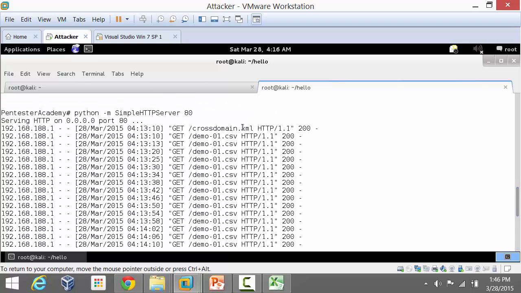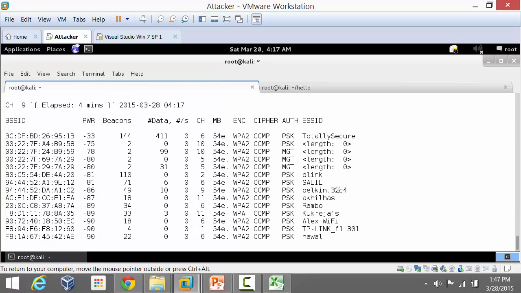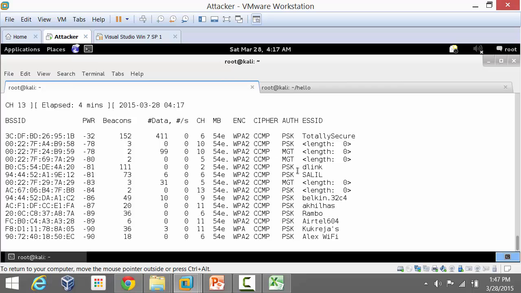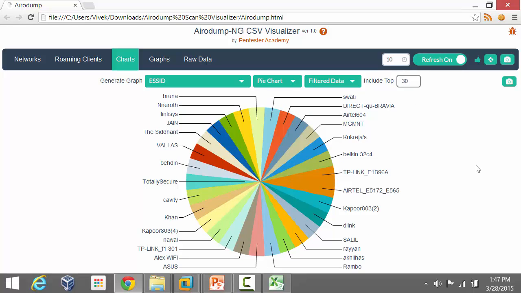If you notice, the very first request was for the cross-domain file. If you miss having the file in the same directory as the results, your application won't work. This is very, very important. And if you aren't aware of crossdomain.xml, you probably would never ever figure this out, right? And if you notice, if we had used the Aerodump NG screen, it would have been very, very difficult for us to navigate this data, which is made very easy right now using the scan visualizer,